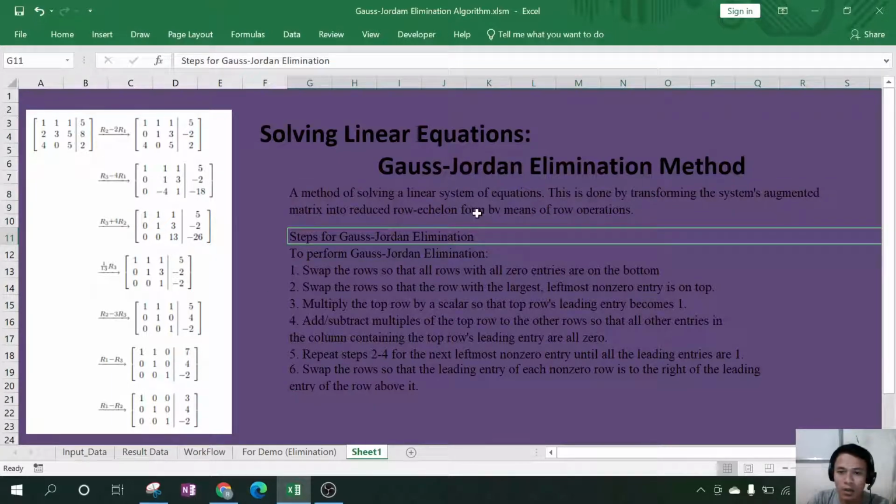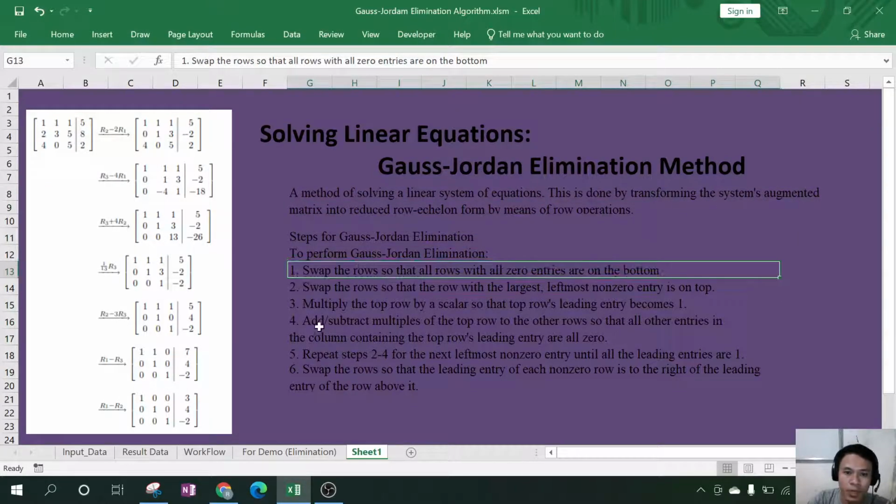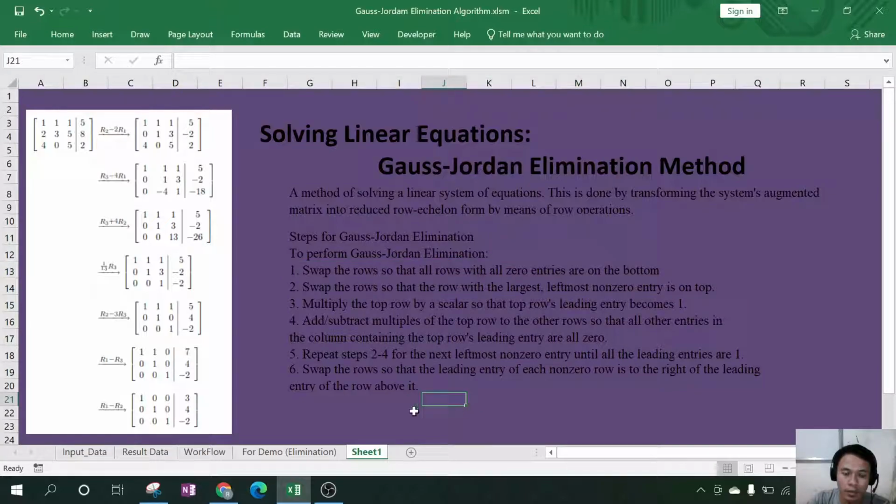by means of row operations. So here on our left, as you can see, this is the process of doing the Gauss-Jordan elimination method. Since my topic is not on how to use the Gauss-Jordan elimination method, but rather on how to make a program using the algorithm from Gauss-Jordan elimination, before we go to our code, let me show you a short overview of the finished program that